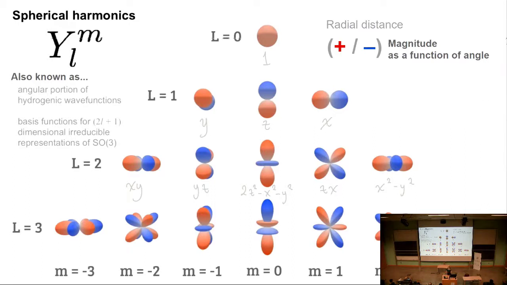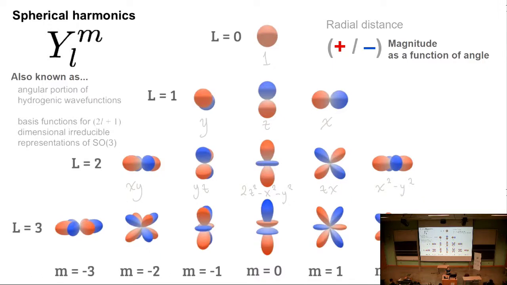Now, what I'm inscribing underneath them is what these functions are proportional to. These are functions that take in angles, so what angle are you on the unit sphere, and spit out a number. What I'm plotting here, these shapes, is the radial distance away from the center, which indicates the magnitude of the function at that angle. Plus is positive and minus is negative. Here I'm showing the real spherical harmonics because it is simpler to describe, but there are also complex versions of the spherical harmonics that are equally expressive. So L equals 0 is constant. It doesn't change depending on where you are on the unit sphere.